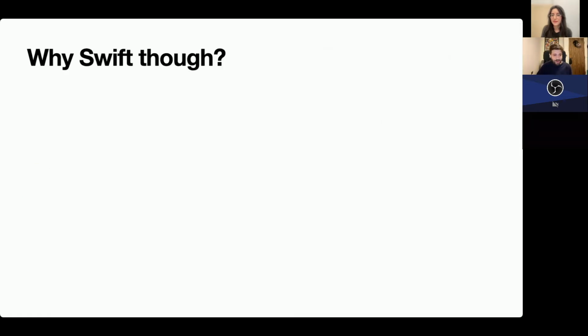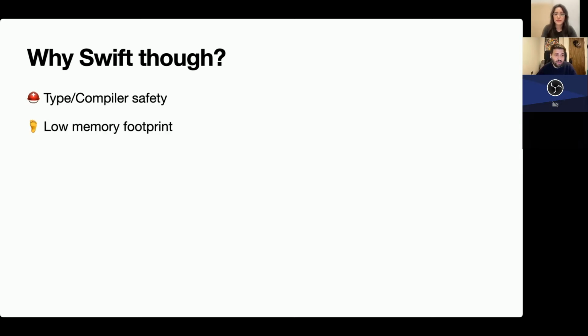So you might be wondering, why Swift though? What makes Swift a good language choice? Well, first of all, it has type safety, and it's a compiled language. So you get a lot of safety at compile time, and you get warned about errors at compile time. It leads to fewer runtime crashes, basically.